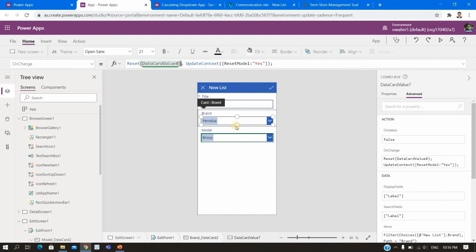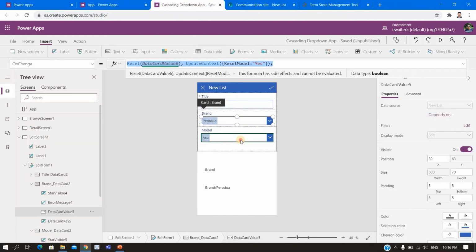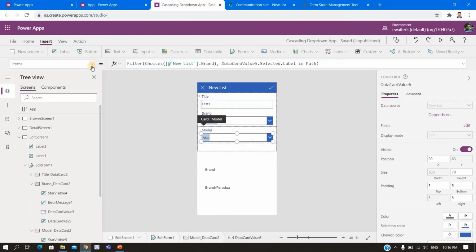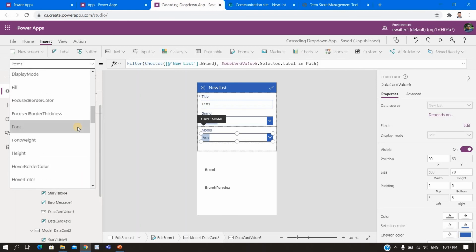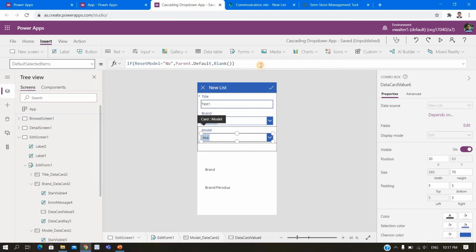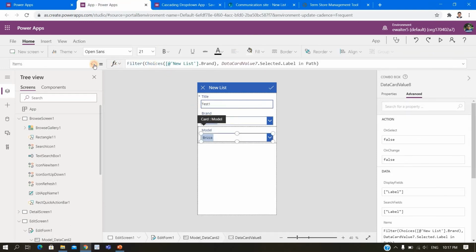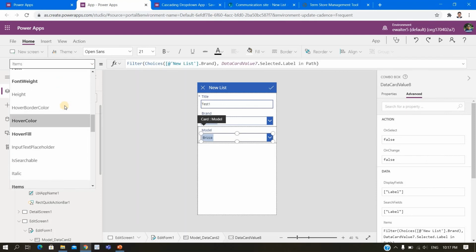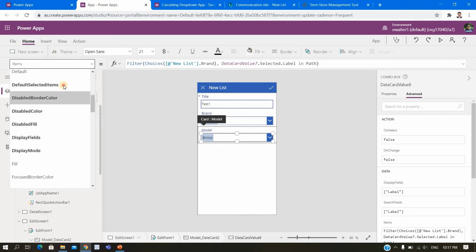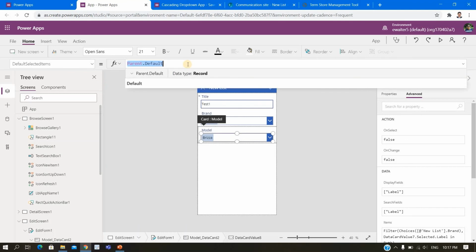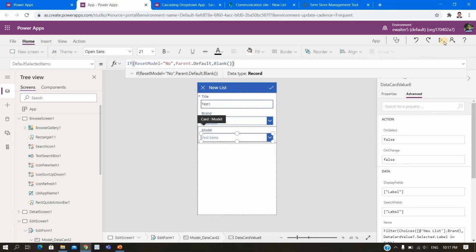Based on that variable here, the default selected item, I change like this.